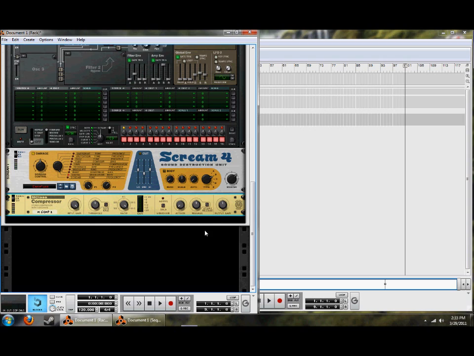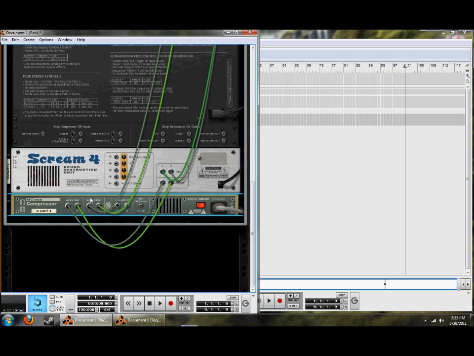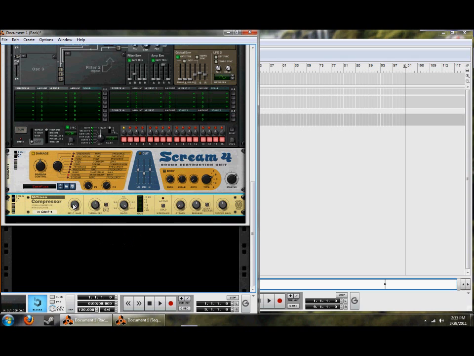So basically what this compressor is doing is it's receiving the signal from the Scream 4. As you can see back here, the output of the Scream 4 is going into the input of the compressor, and it's amplifying that signal by 11.8 decibels, and it is then cutting it off at negative 17.9 decibels by a ratio of infinity to 1. So more or less it's just brick wall limiting the sound so that it cannot get any louder than this compressor is set to have it. So now if you try it out,